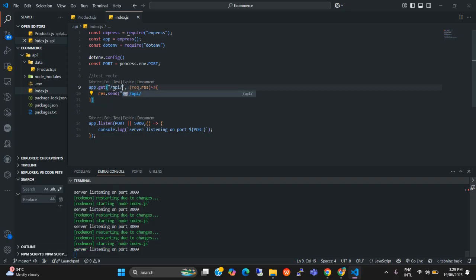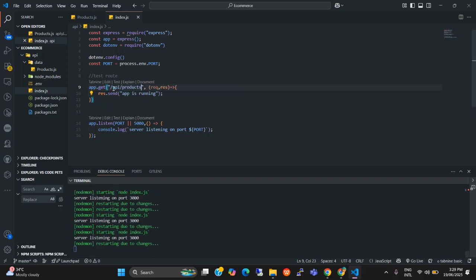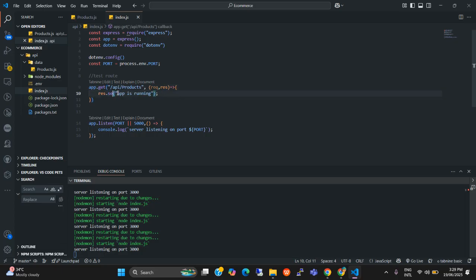Okay, API /, and I'm just entering the products. Okay, and I just need to think like a मुझे P capital रखना है, right? Products. और इसके अंदर like I just what you call response send के अंदर मुझे JSON send करना है. I'm just sending the JSON, and here I'm just mentioning that it's like a products करके मैं call करती हूँ